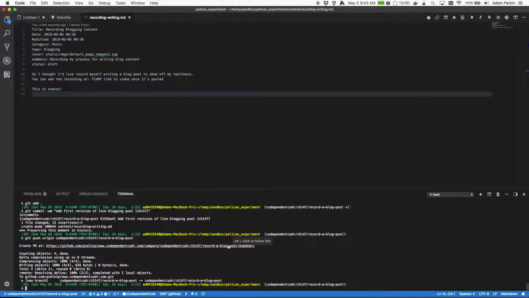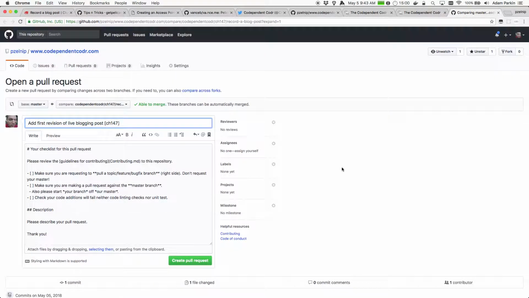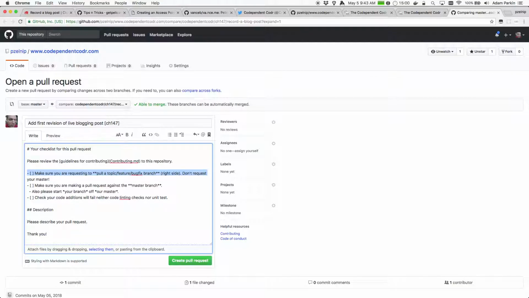So I have a little git hook that creates this link automatically whenever I do a push to GitHub. And if I click that, it takes me to the screen where I open a pull request. Now this seems kind of like overkill given the only person who works on my blog is me, but I actually am finding this to be really valuable, this whole process of opening a pull request for every time I do a post. And the reason is because I have this template here that forces me to review the guidelines